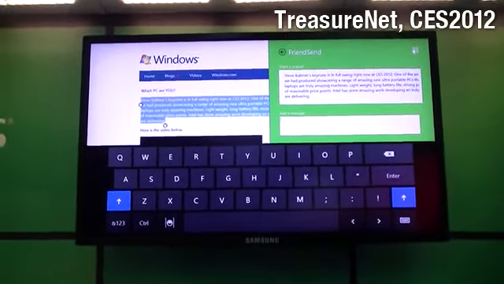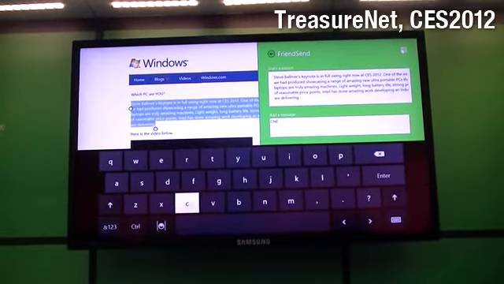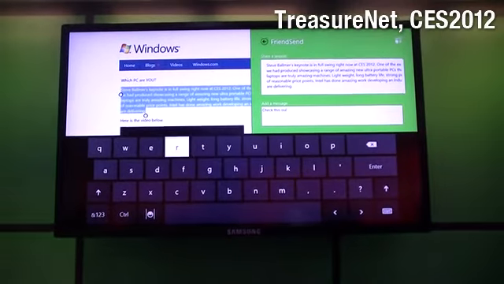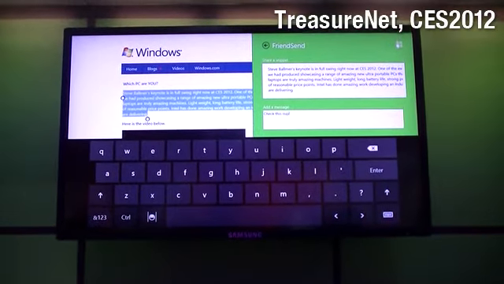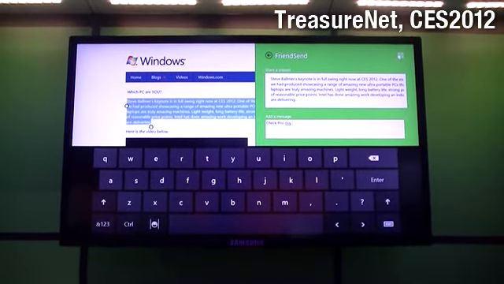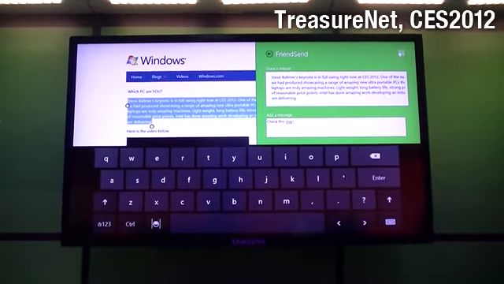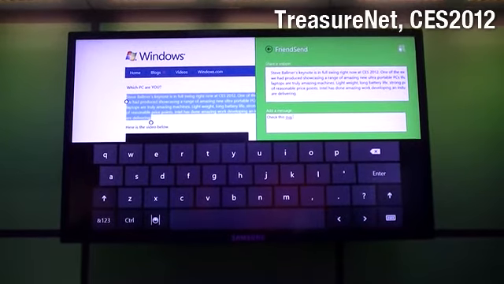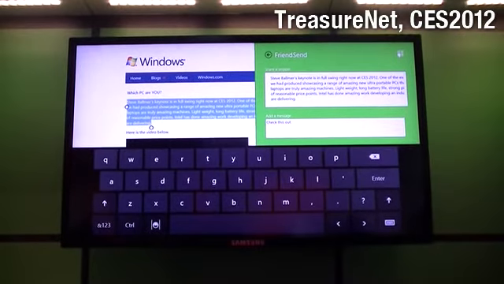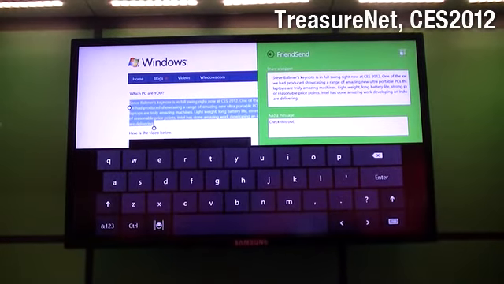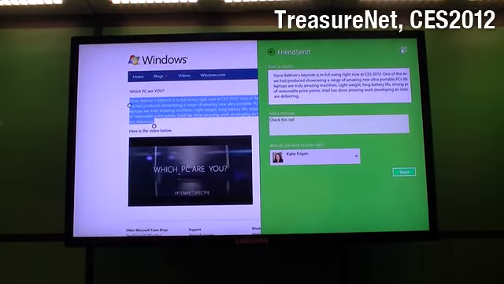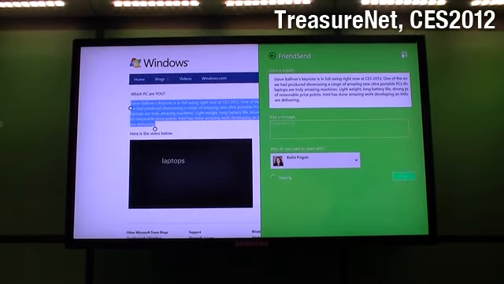For this, I'll go back to this and I'll say, check this out. I'm trying to purposely misspell the word so I can show you. By default, all Metro-style apps will have spell checking and autocorrection built into them. So the application doesn't have to do anything specifically. We take care of that automatically. So we'll be able to spell and check words. So I'm going to try this and share that with Katie. So again,